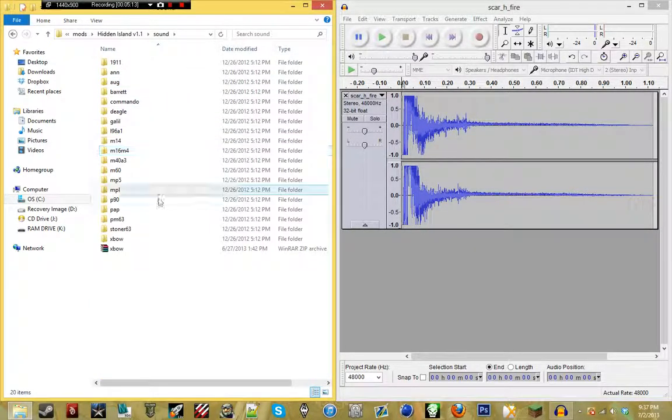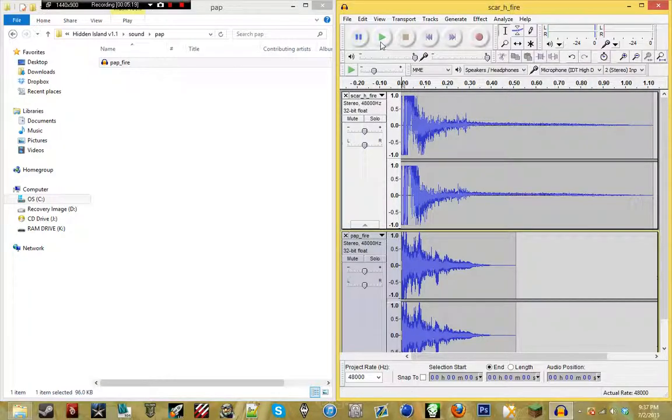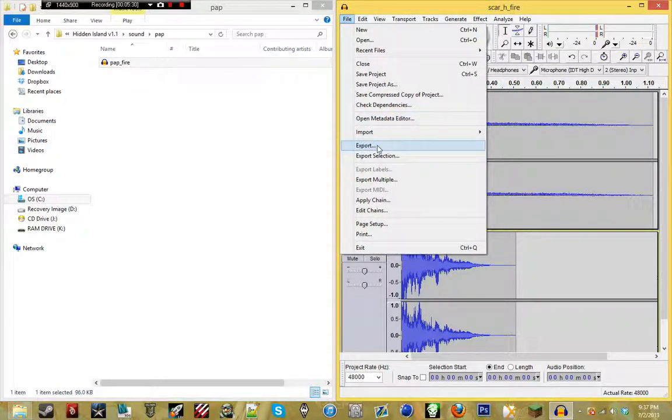I believe I have it here. Yep. Just drag that into this empty area. And now when you play it, you'll have a Pack-a-Punch sound to it. So you can increase here which one you want to hear more of. And once you've got it how you want, you're going to go File, Export,